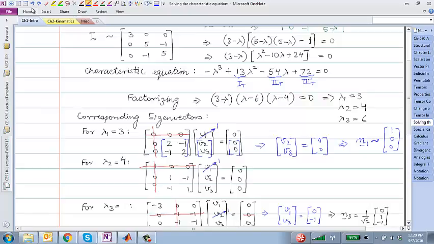So when I did that, it's still a determinant 0 matrix. So you have to be careful that when you choose one of the components to be 1, the remaining matrix must not be a